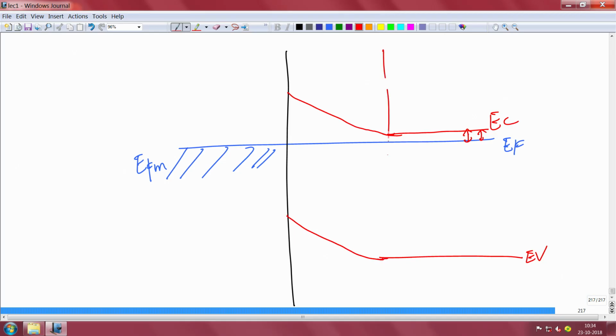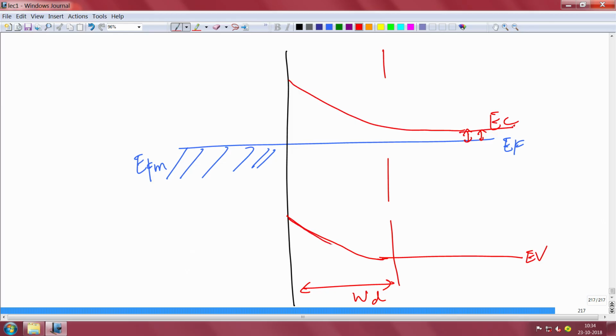So, the depletion has formed here, W_D, and you see how much the band has bent. Do you know how much the band has bent actually? Let me draw it again. You see the band has bent by exactly this amount. That is called the built-in potential. Just like in a PN junction, this also has a built-in potential, and that band bending, if you recall carefully, I will draw another picture here.